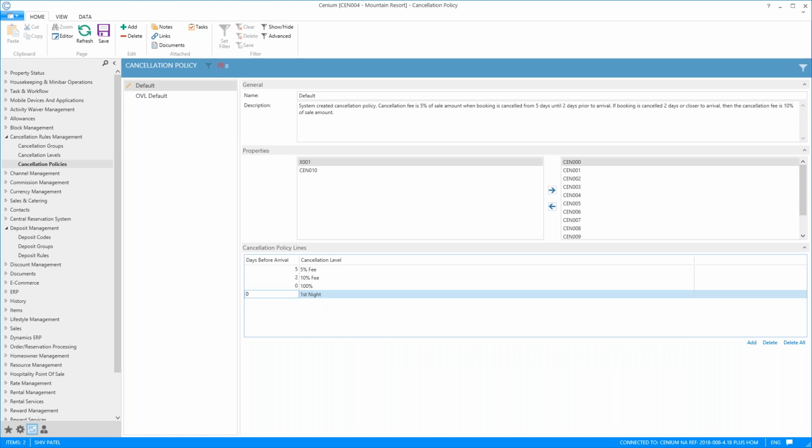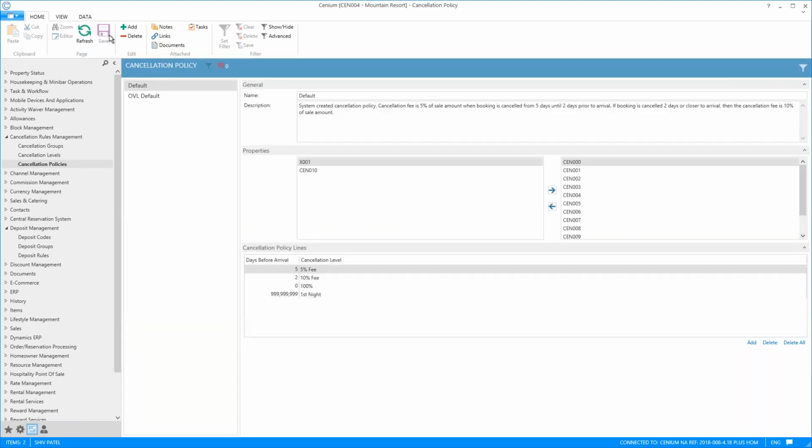at the time of booking. All you would do is set this to the highest amount you could, and that's going to be there. So that's how far out you can make a booking and charge the first night. So anytime you create a reservation, the cancellation policy will be a first night, no matter what. You save that. So now your cancellation policies, you will charge the first night cancellation if you cancel anytime after